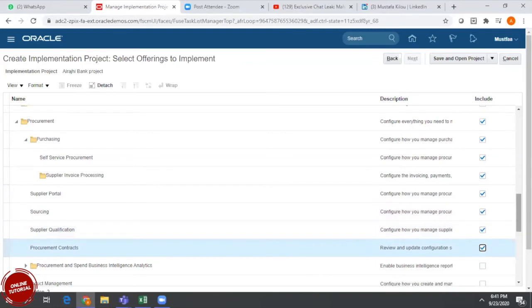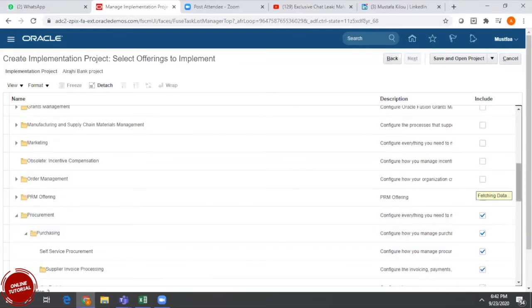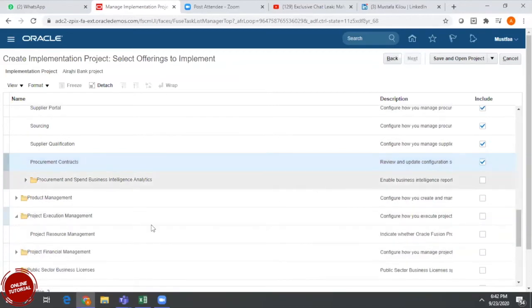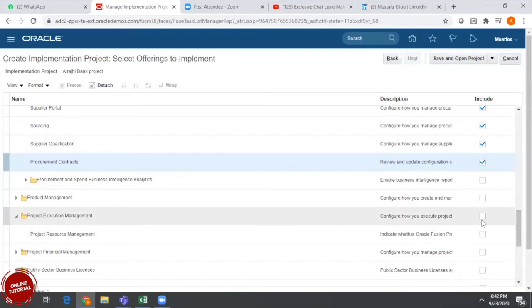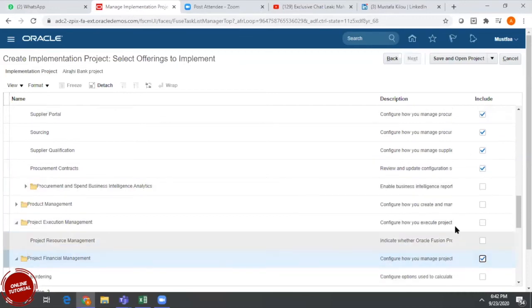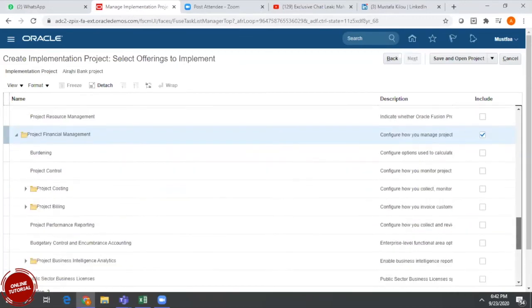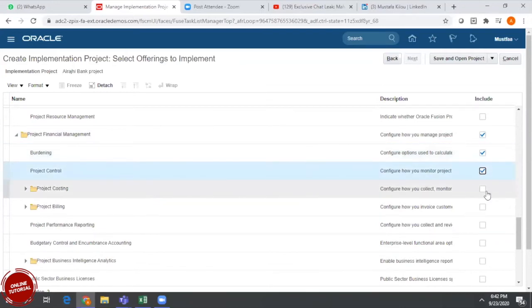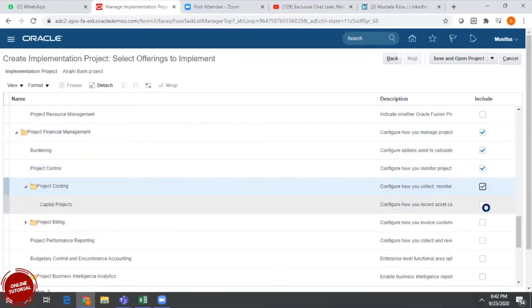And after that, for example, I implement project accounting also, project PPM. In PPM, we have two different functional modules available: execution management and financial management. Under financial management, what functionalities do you want to implement? Project control, costing, billing.